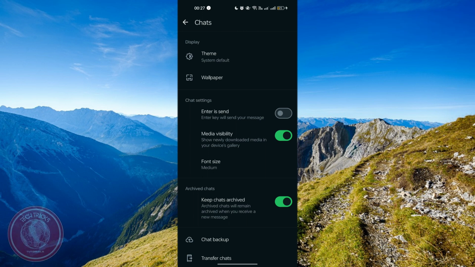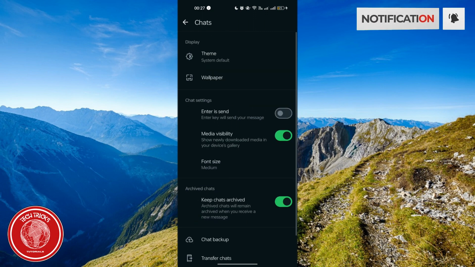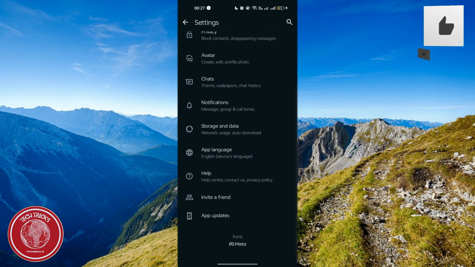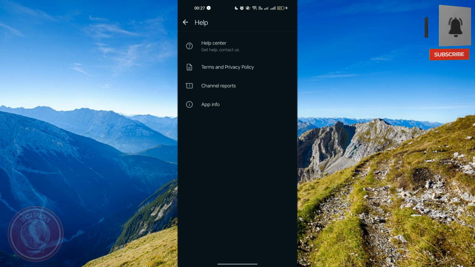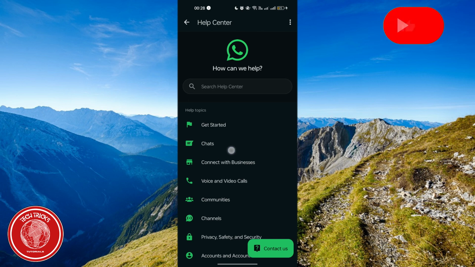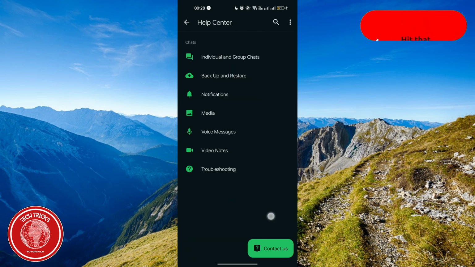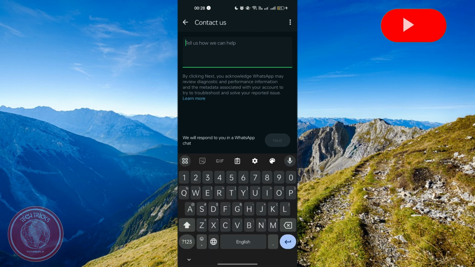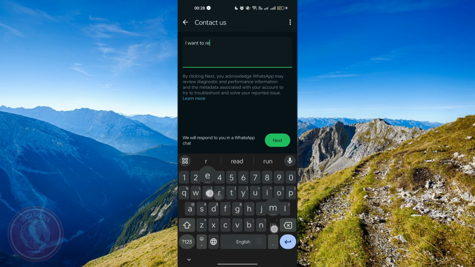But if you don't have this kind of option, then the second thing that we could do is to go back and then scroll down until you see help, which is located right here. So just click help, and after that click help center, and after opening, click this chats right here, and then click contact us right here on the bottom right, and then just tell them that I want to remove Meta